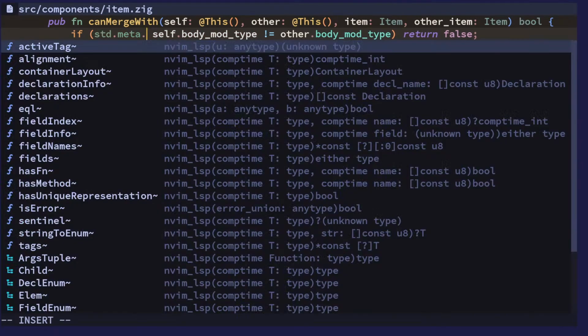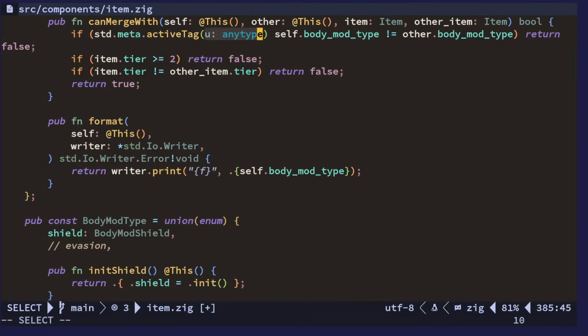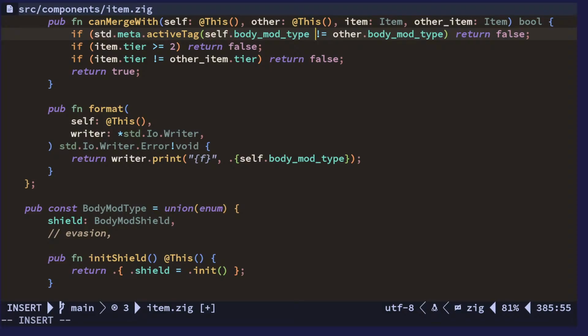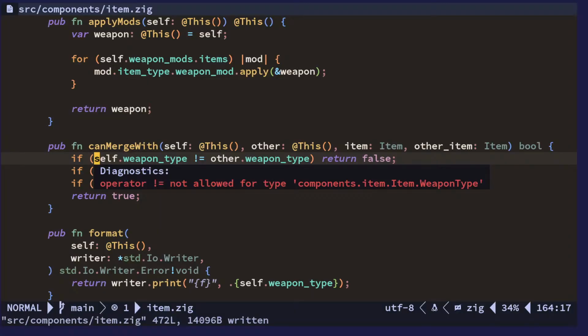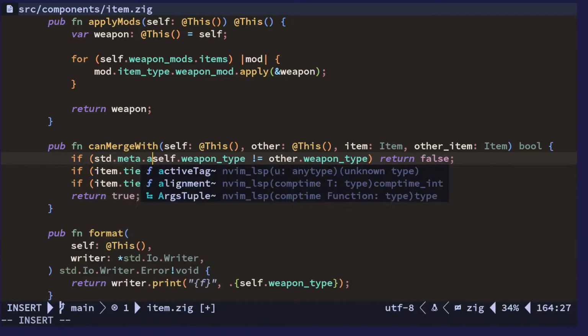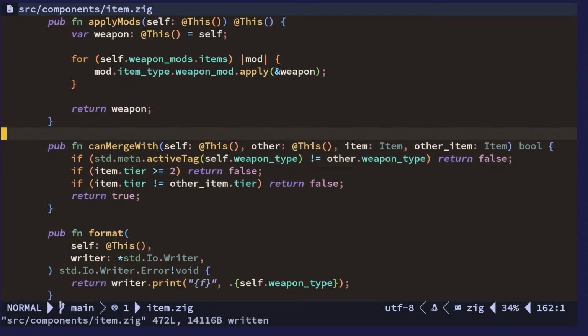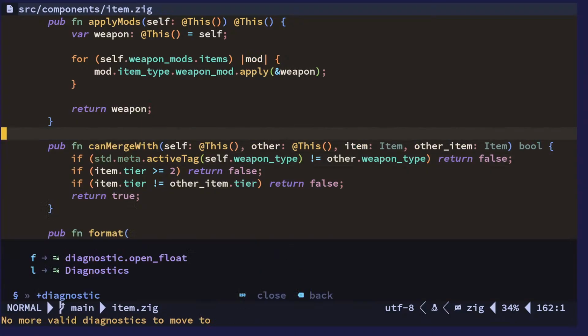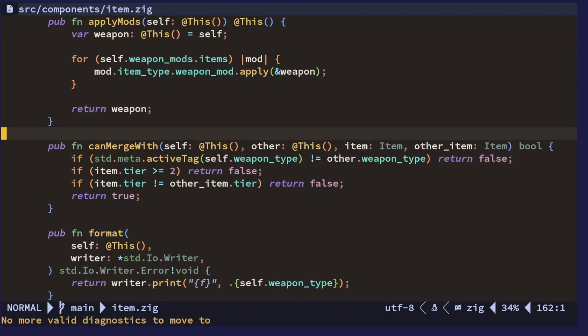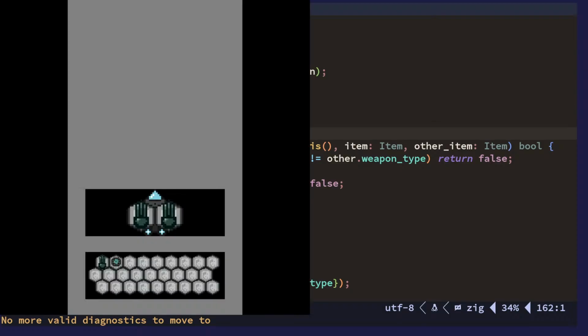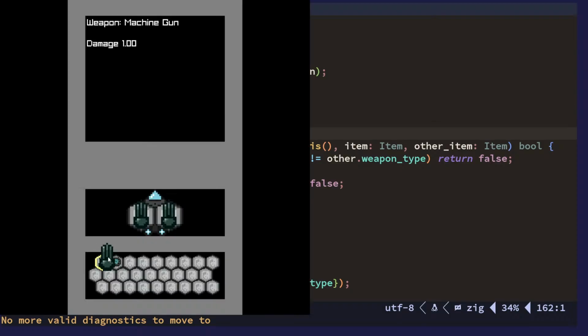I guess we'll put like active tag like this. That should work, I think. One of them needs to be converted to the tag type, because otherwise we're trying to compare the subtype against each other. Okay, so now